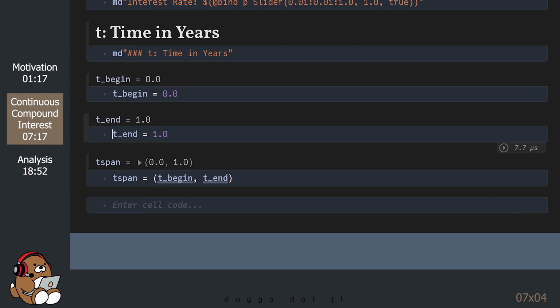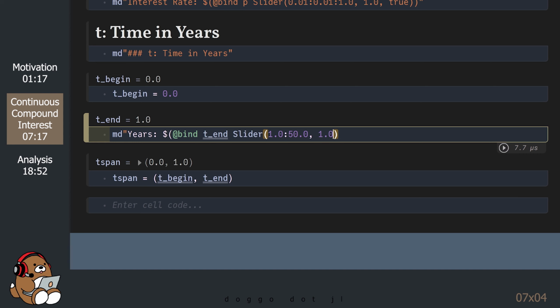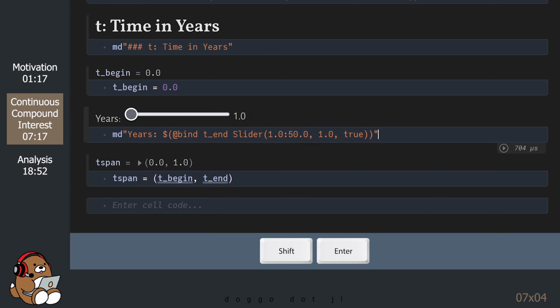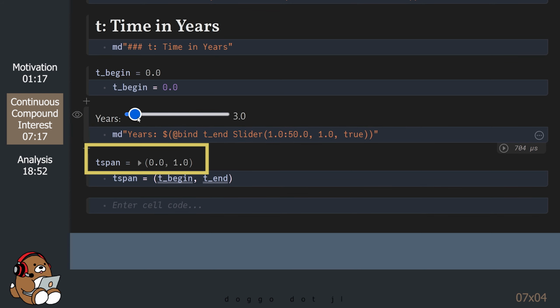Now, just like the beginning balance and the interest rate, let's bind the variable for the ending time to a slider so we can adjust the time span later on. This slider will allow us to change the time span from 1 year up to 50 years.